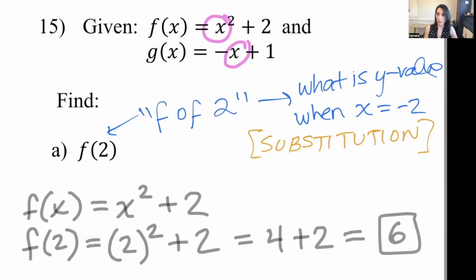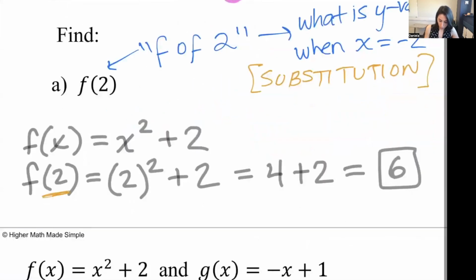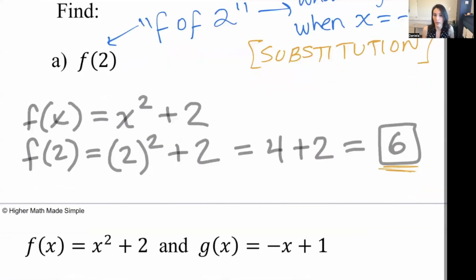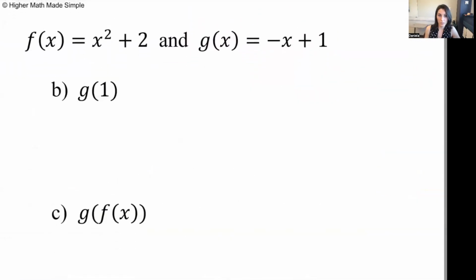And what's the connection, by the way? The answer to f of 2 is 6, but I do just want to add what this is saying, if I put these together, is that when x equals 2, y equals 6. So that just told us important information, that if you put them together, x comma y, that ordered pair 2 comma 6 is in the f function. Okay, but again, the answer is 6, because it's asking us what's the y value specifically, not what ordered pairs are on the graph. So now this is saying you're going to plug in x equals 1